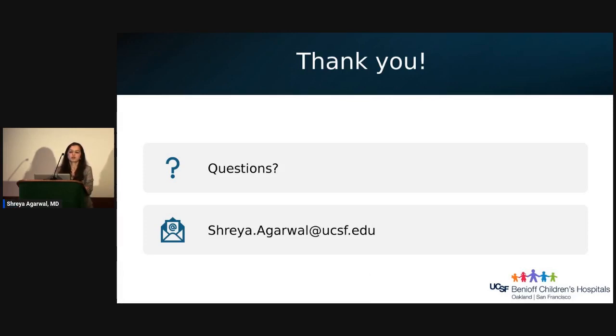Thanks. At your institution, how long would it take to get plasma exchange initiated? Good question. The question is how long it takes for plasmapheresis to start from the time you decide you want to do it. I'm new to UCSF, but so far we had one case of TTP, and it depends on the time of day, but usually nephrology is pretty quick about it. Within a couple of hours, we are usually able to start it. I think the issue is sometimes